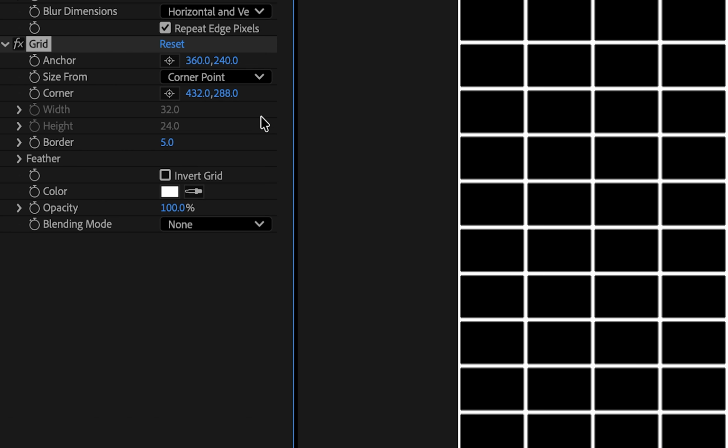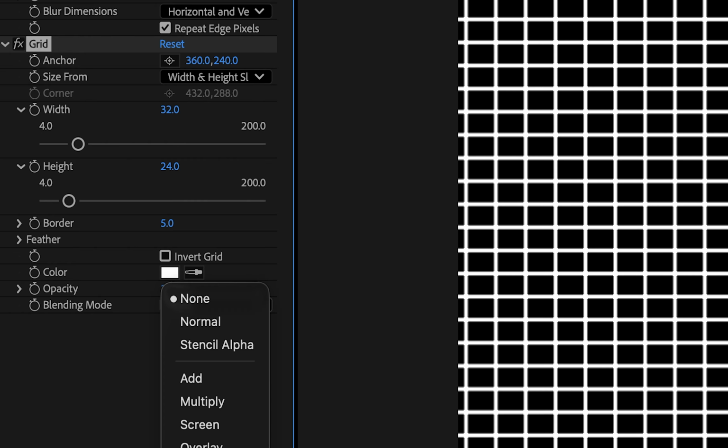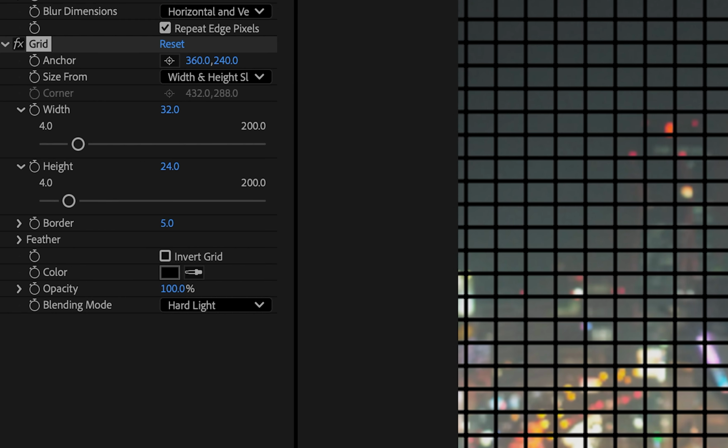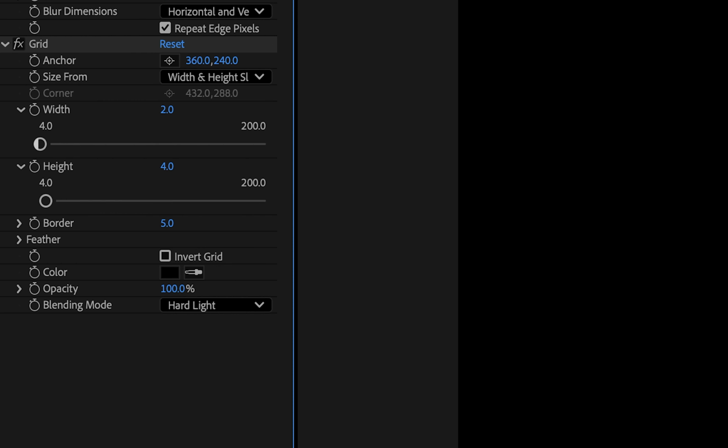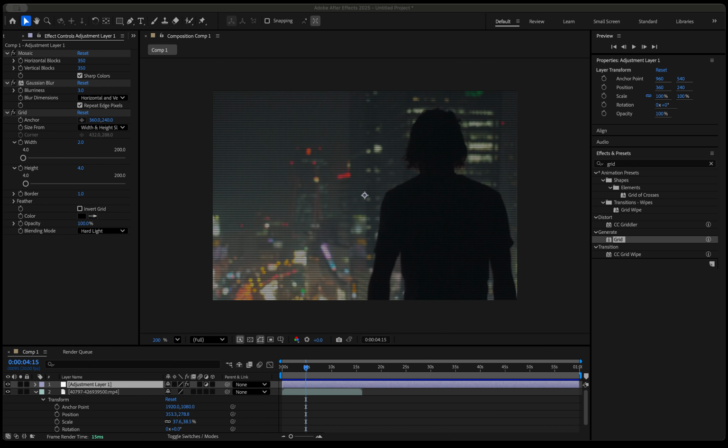separation. I'm setting the size mode to width and height sliders, changing the blending mode to hard light, and setting the grid color to black, so it blends naturally into the footage. For the actual line spacing, I'm using a width value of 2 and a height value of 4 to get those tighter horizontal scan lines, then lowering the border size down to 1 so the effect stays subtle and doesn't